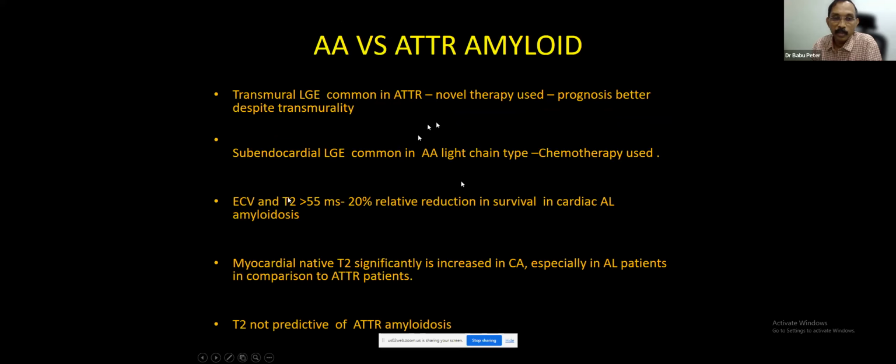And ECV and T2 are used as prognostic factors in cardiac amyloid light chain amyloidosis, with a 20% relative reduction in survival. And myocardial native T1, T2 values are significantly increased in cardiac amyloidosis, especially in amyloid light chain patients compared to the ATTR patients. T2 values are not predictive of ATTR amyloidosis. So cardiac parametric mapping can be used in the prognostication of amyloidosis and also to differentiate amyloid light chain and